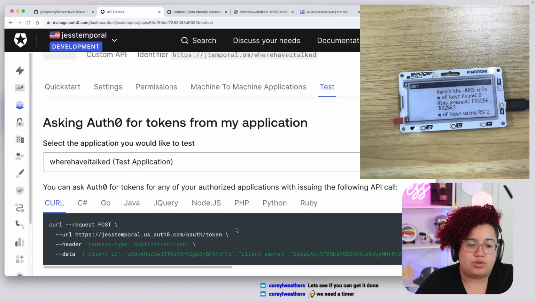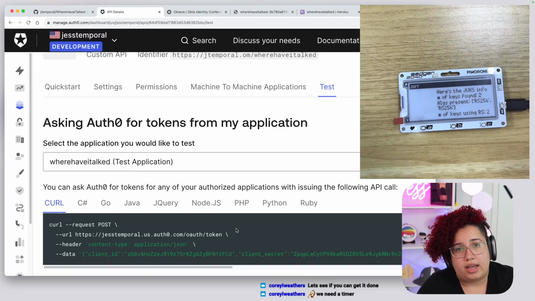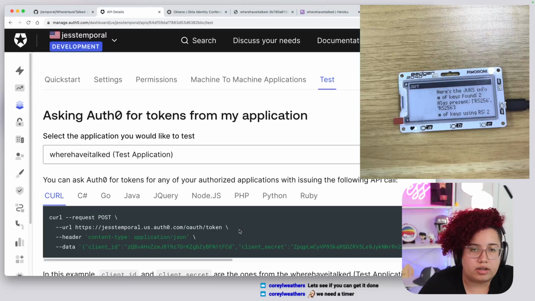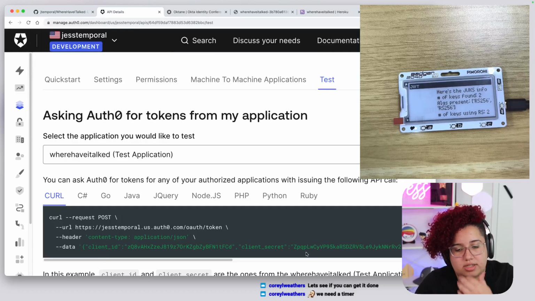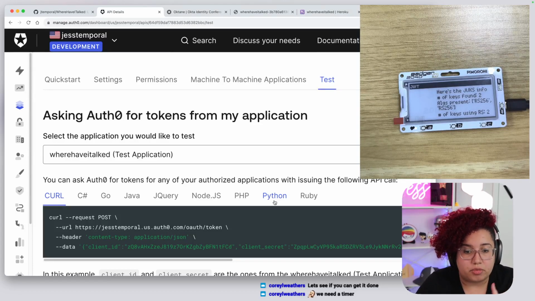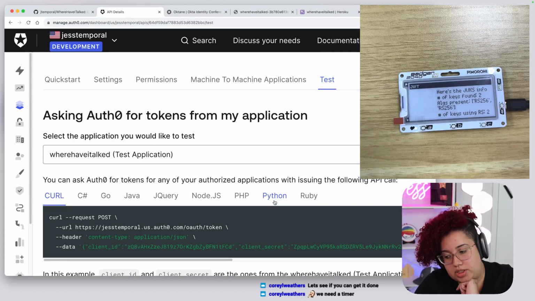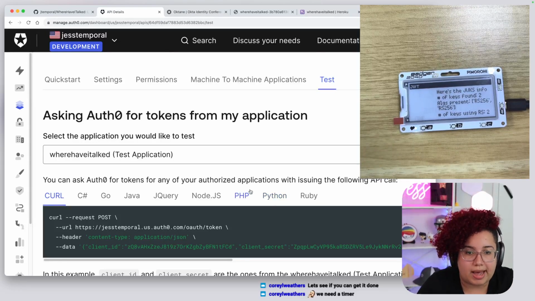So I'm basically going to copy this over and use that inside on my badge. So I already did copy the client ID, client secret, and so on. This is a very long string. And I have that inside of that Auth0 config file, and I'm going to read that in my coding for the JWT application in the badge.